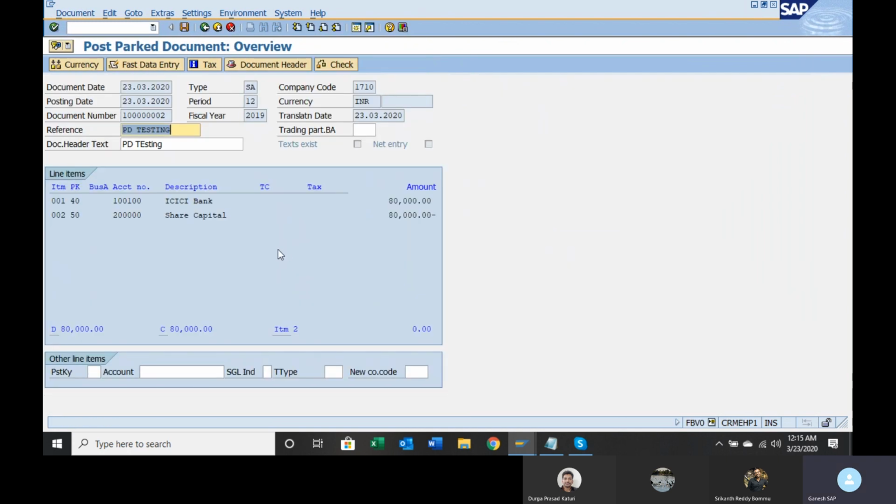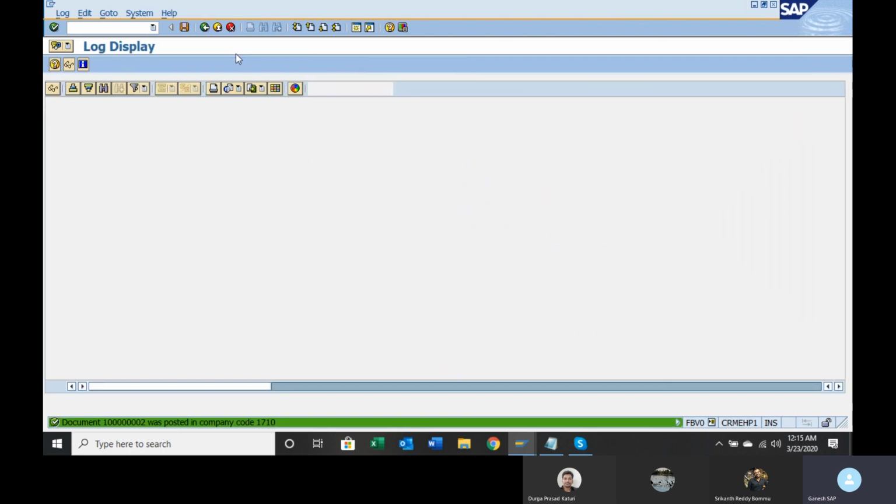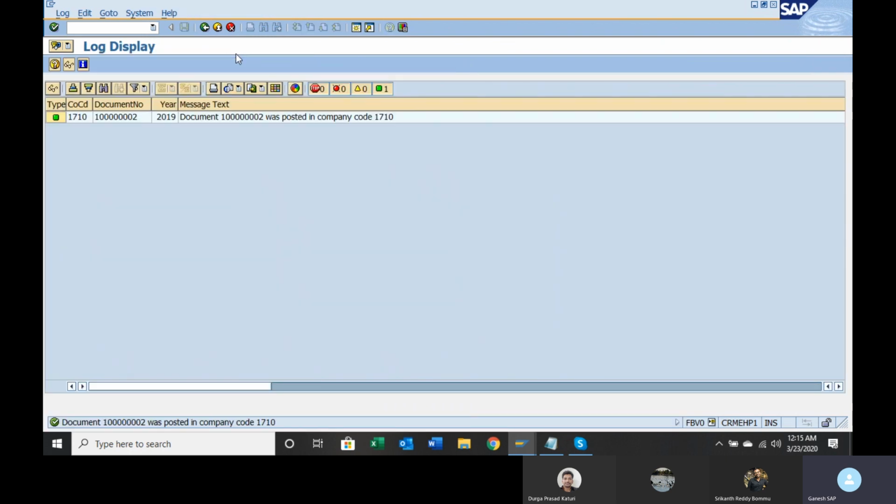Click on the continue button. Now you can see the option post document. Click on the post button. Assume that as a manager I am checking it. After approving it, I am posting this document. Normally once you click on the approval button, this document will be posted automatically. So this document is now posted into the system.